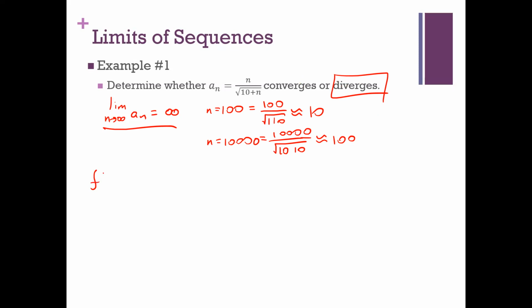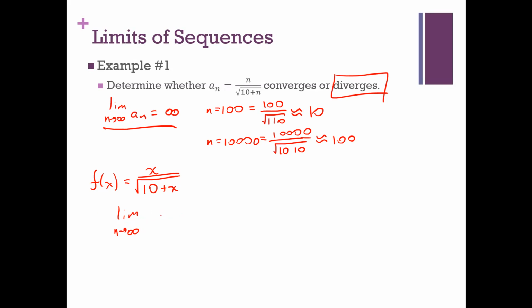Let's say instead I want to look at this continuous function that holds true for all the values of x for which it is defined. By the way, are there any values of n or x where this thing would not be defined? -10, but unless I tell you differently, we're not looking at -10, right? So this function, is this a good candidate for L'Hopital's rule? Should be, right? The denominator goes to infinity, the numerator goes to infinity,